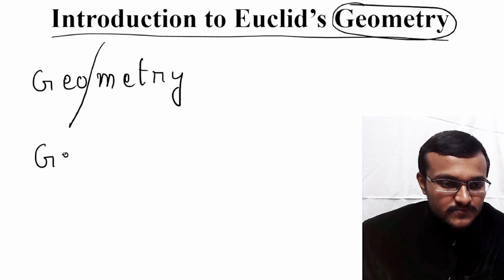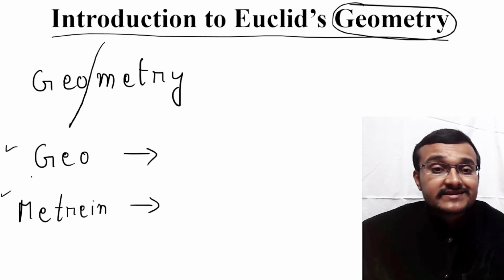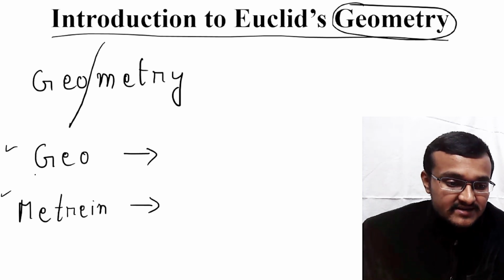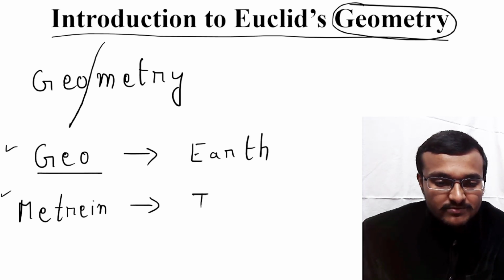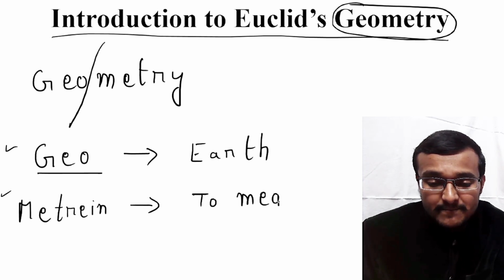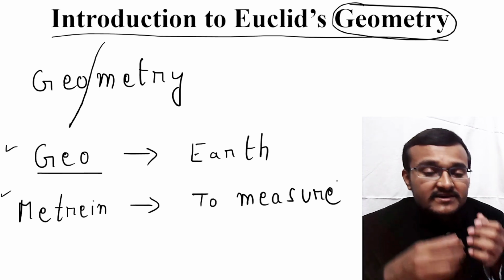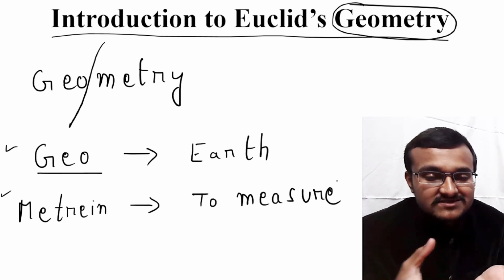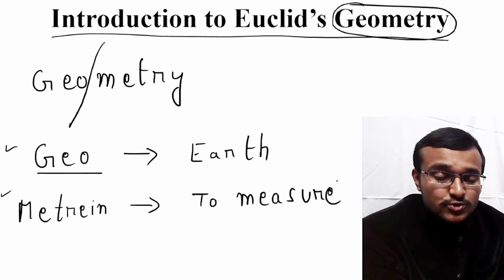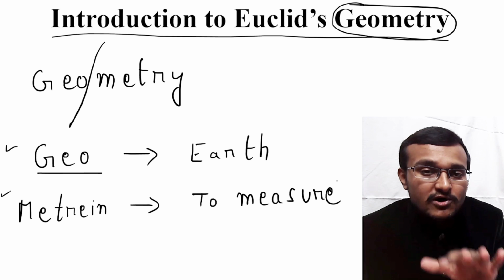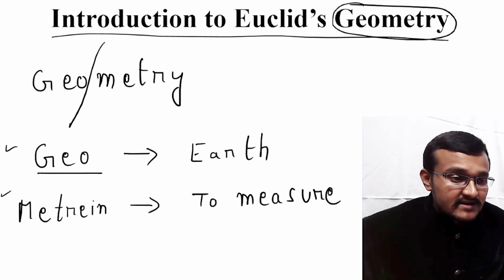One is geo and the other one is metrian. These two words are derived from the Greek language. Here geo means earth and metrian means to measure. So that basically means measurement of earth. Why they gave geometry this name is because the main problem people faced in those days was the issue of measuring lands, because during the Egyptian period, whenever there was an overflow